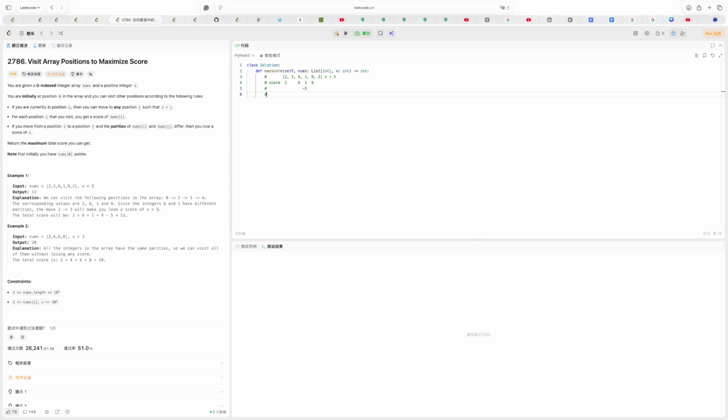I'm thinking, okay, if we are at this element, like we can choose, we will be coming from, like if we don't get to this step, since there are 2 parities, I think I will have like